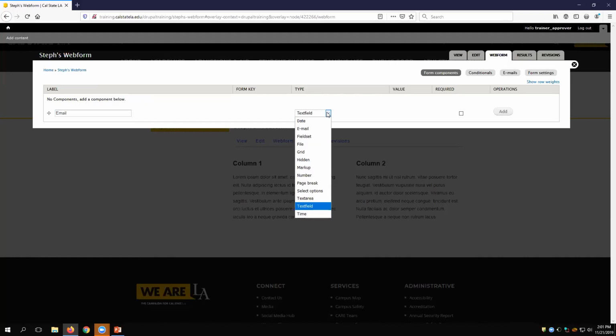And for the type, instead of a text field, which is like a string, where you can put any information that you want into a text field, I'm going to mark it as an email. That way you can only put emails into it. You can make it required or not right here. I'm going to start off with not requiring it so I can show you how to require it after. I'm going to add.